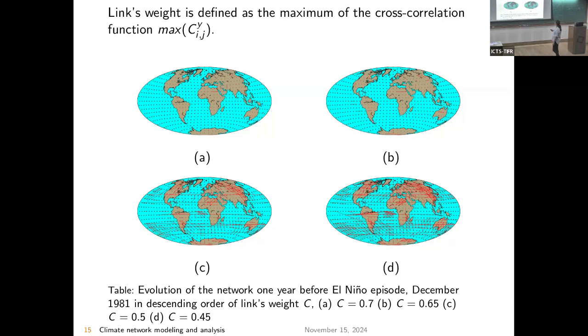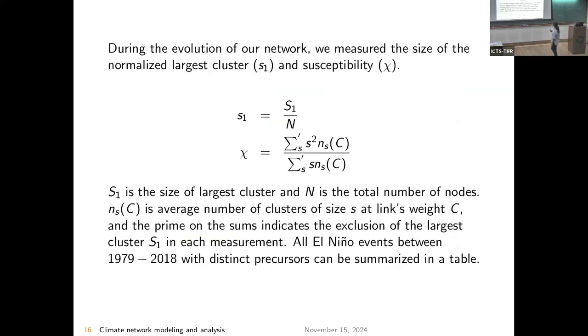But here I'm showing you how we construct a network for each year by adding first the highest correlation links and then going to the lower values. So this is how the network looks for C equal to 0.65. This is how it looks for 0.5, and this is how it looks for 0.45. So for each C value, once you construct the network, you calculate these two